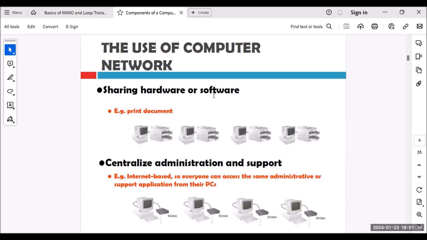Sharing hardware or software, for example, printing a document. The next thing is centralized administration and support. For example, the internet-based, so everyone can access the same administrative or support applications from their PCs. For example,